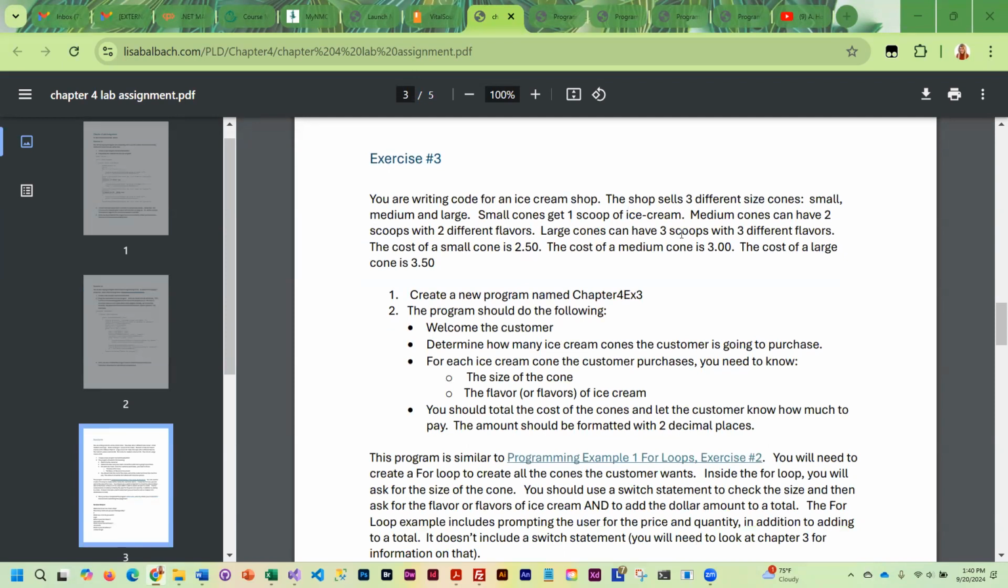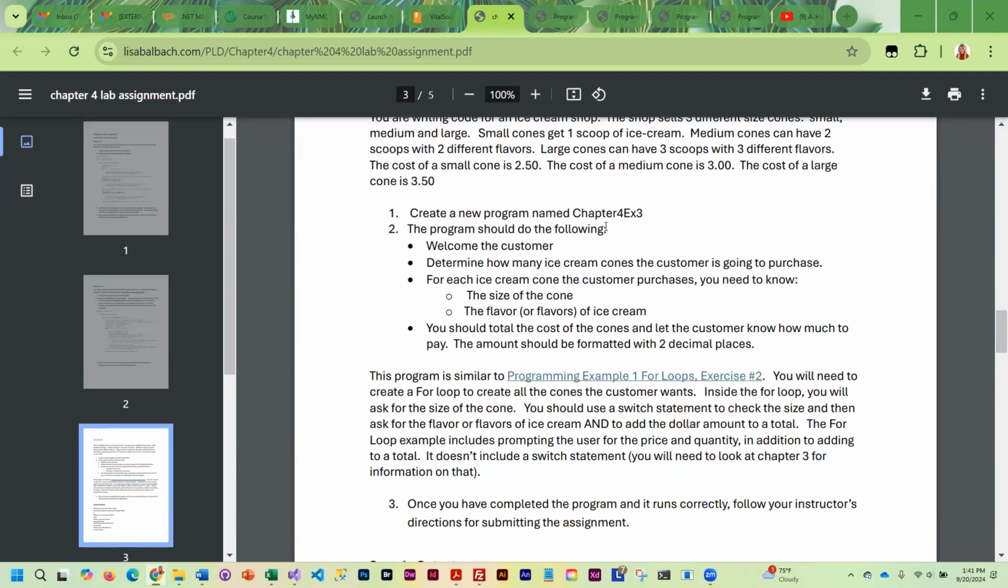For exercise 3, you're writing code for an ice cream shop. The shop sells 3 different sized cones, small, medium, and large. Small cones get 1 scoop of ice cream, medium cones get 2 scoops with 2 different flavors, and large cones can have 3 scoops with 3 different flavors. The cost of a small cone is $2.50, medium is $3, and a large cone is $3.50. So you're going to create a new program,